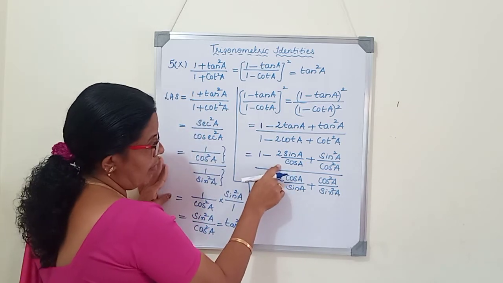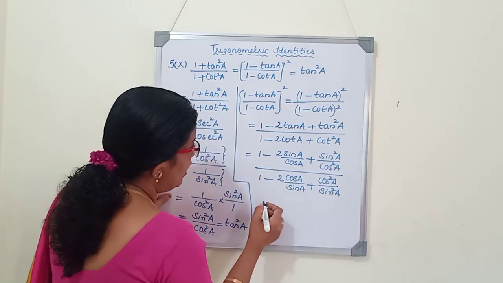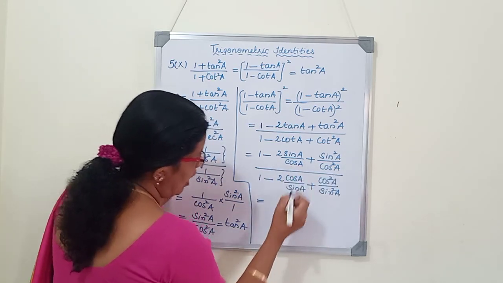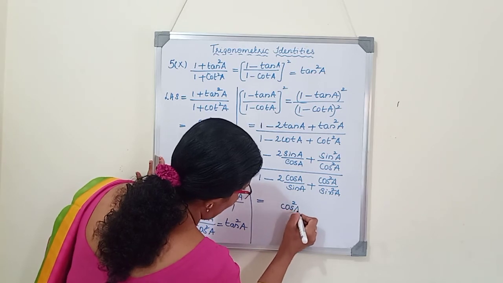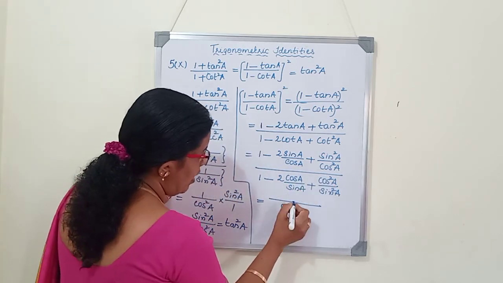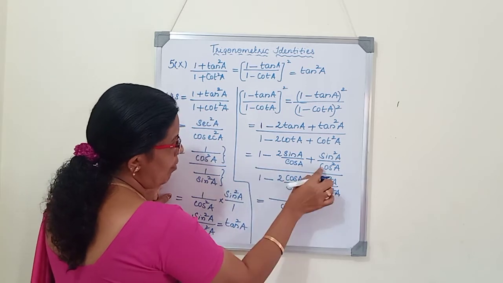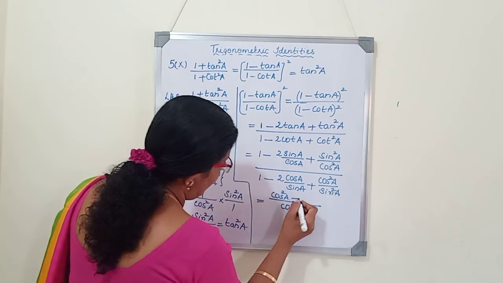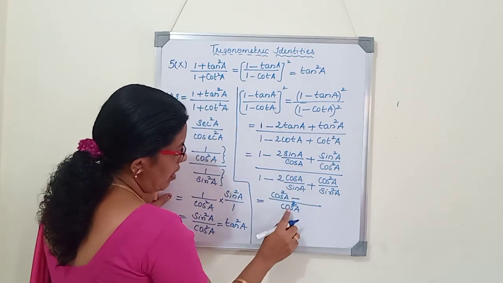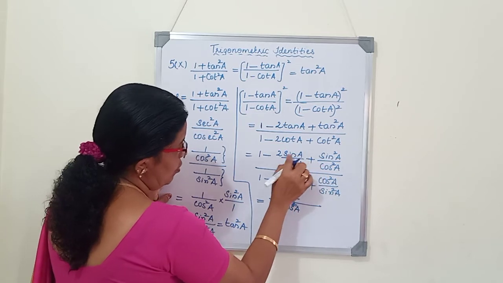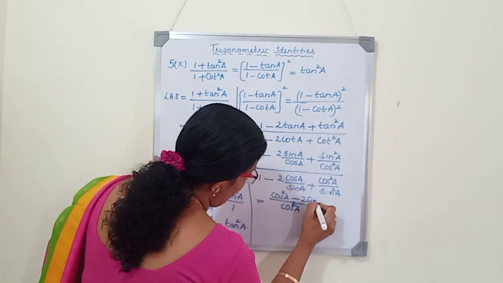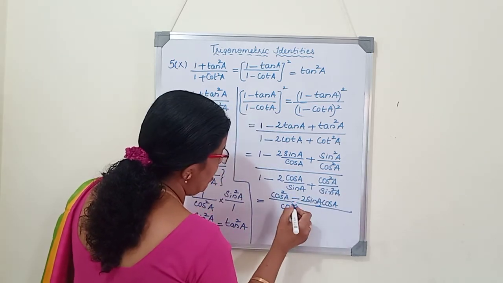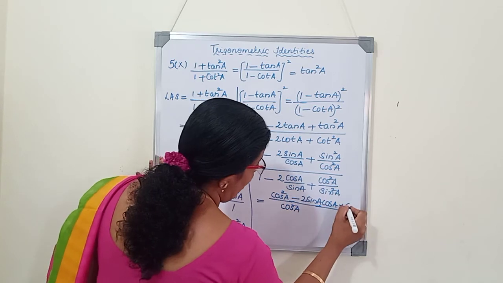So now we will take the LCM in the denominator. The denominator becomes cos A and cos square A; the LCM is cos square A. The bigger term will be the LCM. So here I write cos square A as the LCM. Here no denominator, cos square A into 1 is cos square A, minus, here only one cos A is there, so 1 cos we have to multiply with 2 sin A, so 2 sin A cos A, plus, as the denominators and LCM are the same, we write sin square A as it is.